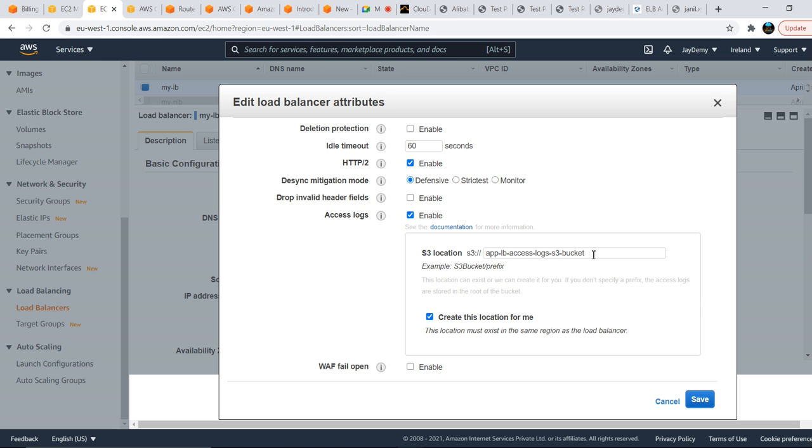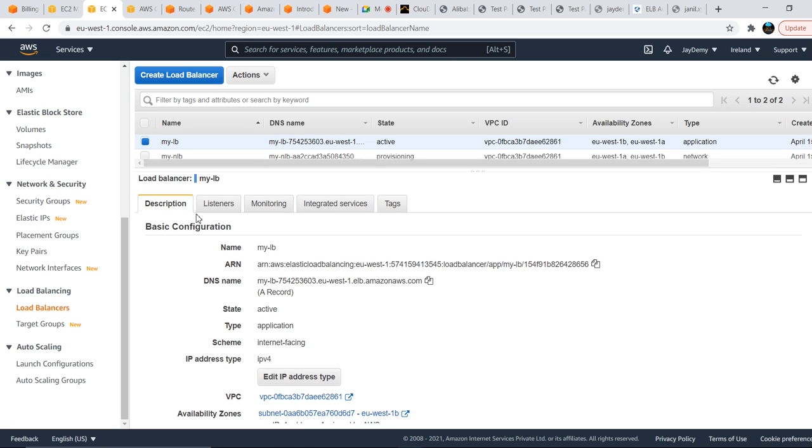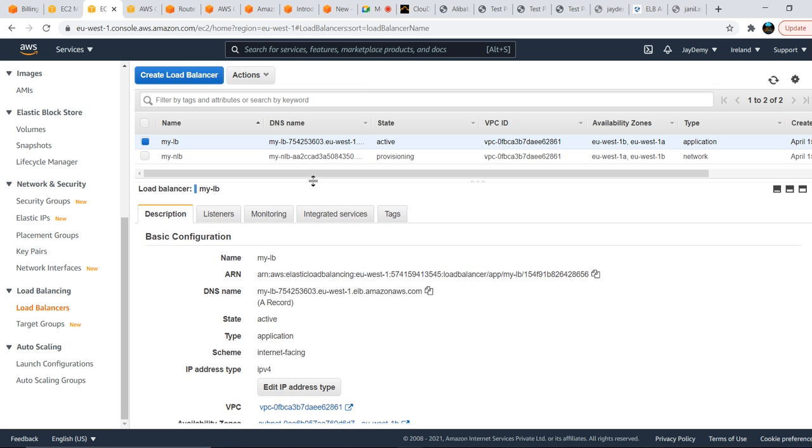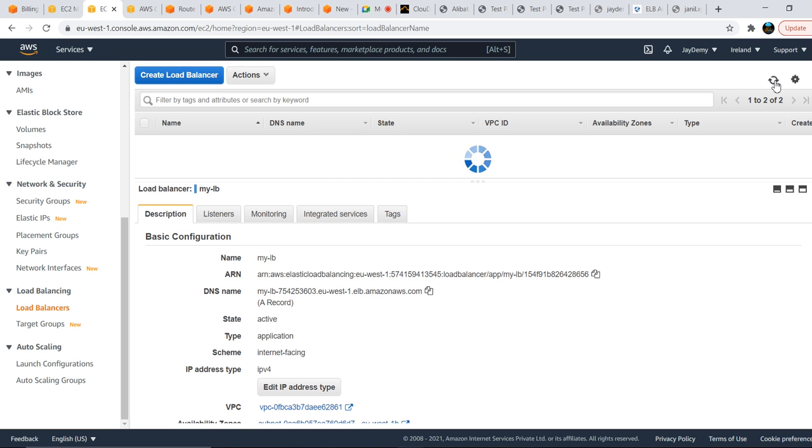If you don't have any location for this, it will create it for you. Just save this. So I have enabled access logs also. This is how you need to enable access logs, and we will verify it by navigating to S3.